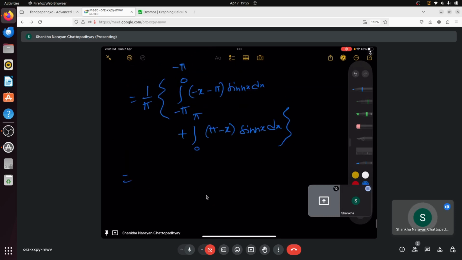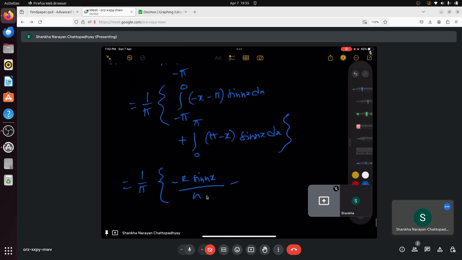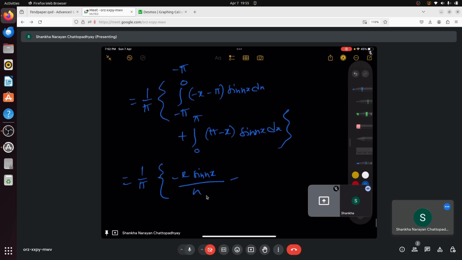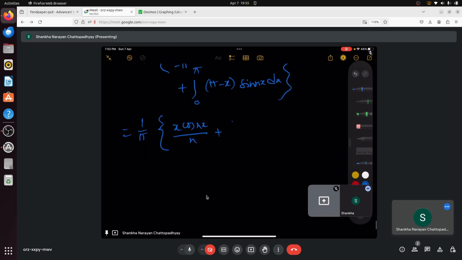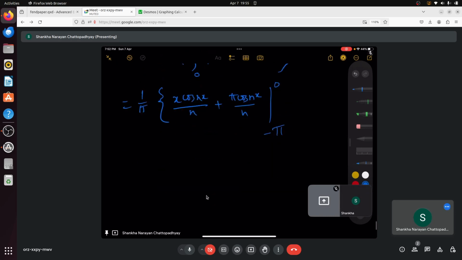So you need to write it as 1 by pi, that will be minus x sin x by n, that will be x cos nx by n plus pi cos nx by n. This value is from minus pi to 0 plus